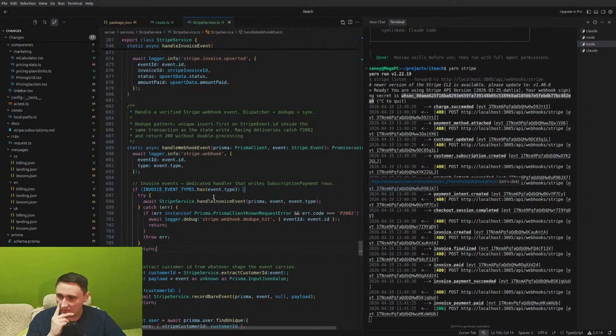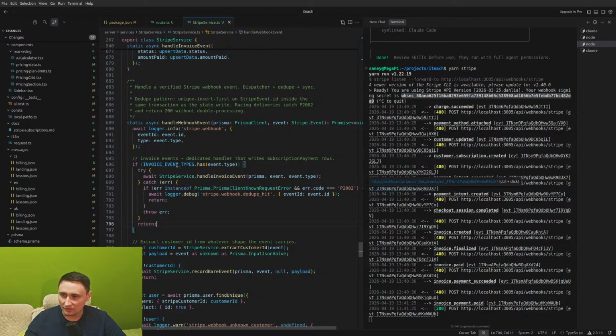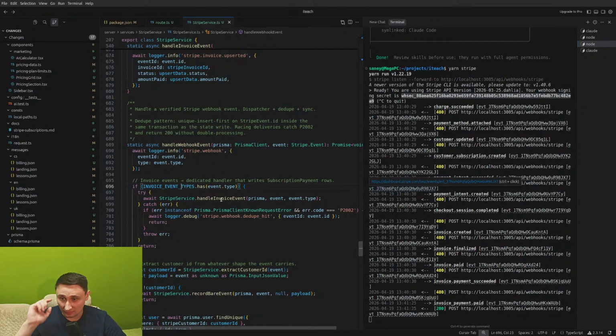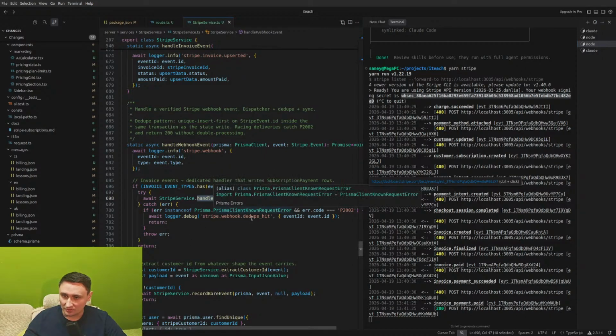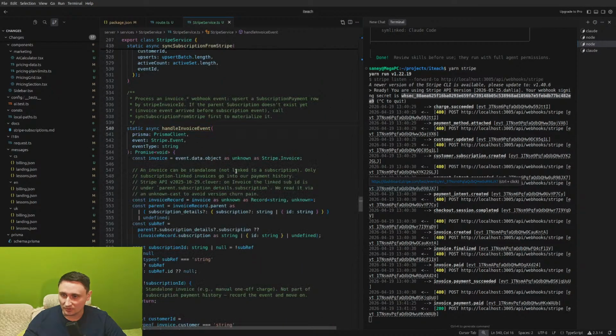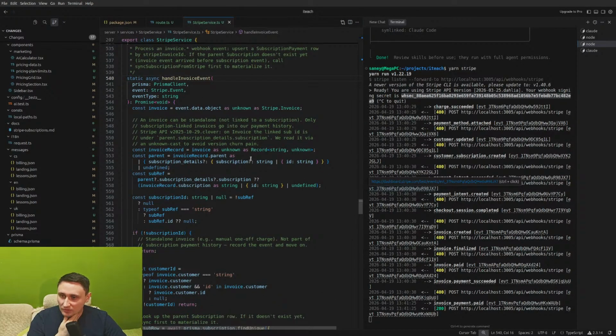Yeah, I guess instead of a switch case, it uses just this. It checks that if it's an invoice-related event, it will be handled by this function. Otherwise, we just don't handle that event. And here what we do,